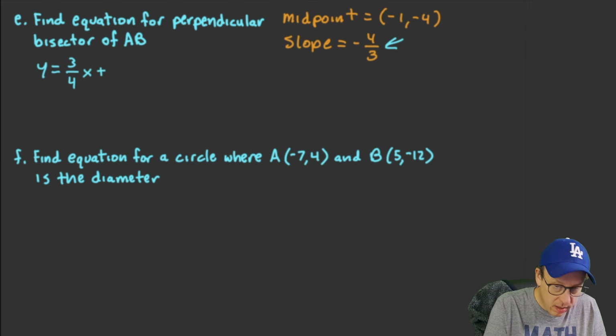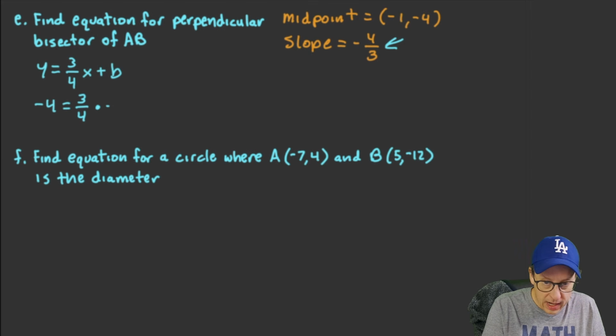X plus b, and plug these values in. This is going to be -4 is equal to 3 over 4 times -1 plus b, and that's going to mean that if we want to find the calculation for b,